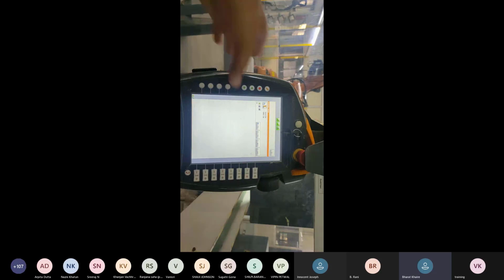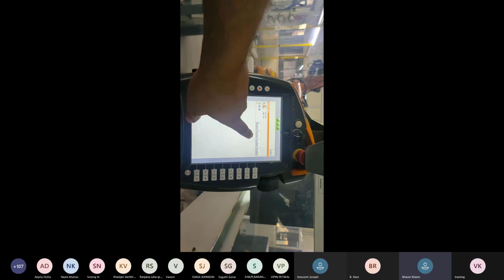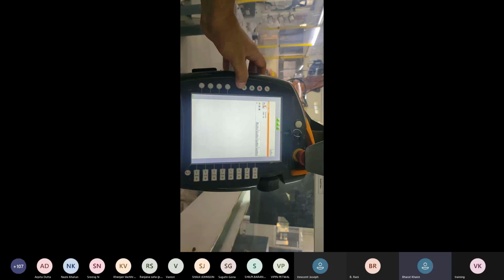This is T1. T1 mode is to operate the program manually. Okay. T2 mode is to operate the program for testing at full speed. Auto mode means the drives will be bypassed, and by the play button we can play the whole program.